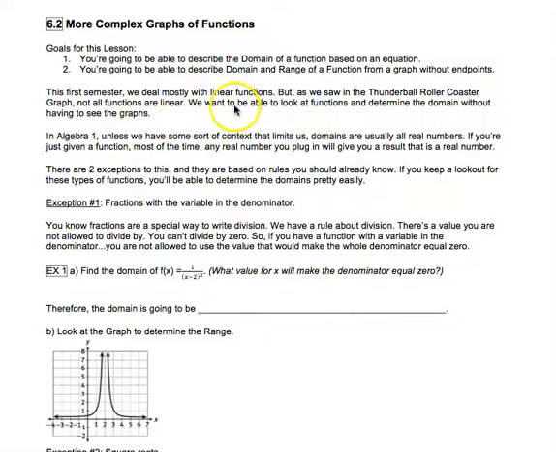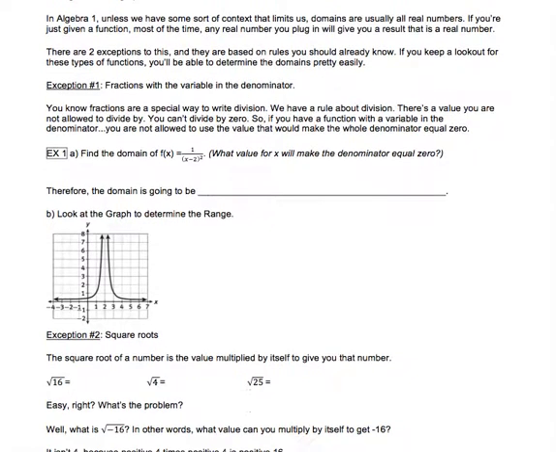The first semester we deal mostly with linear functions. But in the last lesson where we saw the Thunderball roller coaster graph, we saw that there were curves, so different hills and valleys. So not all functions are lines. And we want to be able to look at those functions and determine the domain without always having to see the graph. So most of the things we're looking at in Algebra 1, unless it's a real life situation that